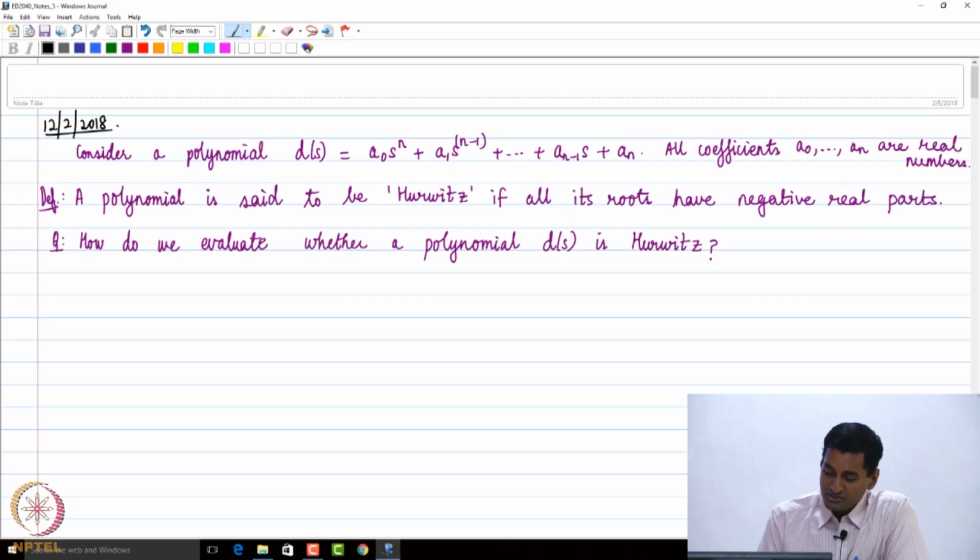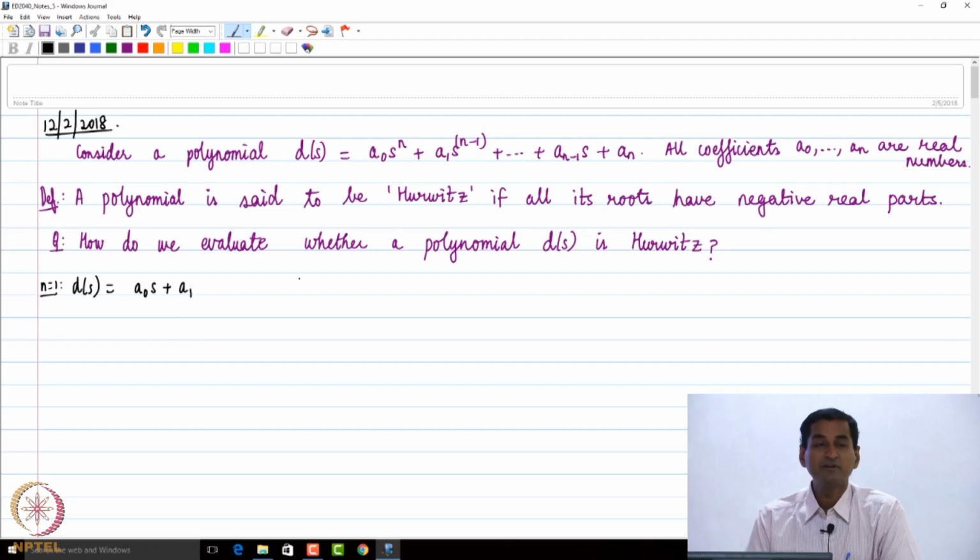Let's first consider a first order polynomial, so let's say we consider n equal to 1. I have the polynomial a0 s plus a1. So when do you think this polynomial would be Hurwitz? Yeah, so you see that this would be Hurwitz